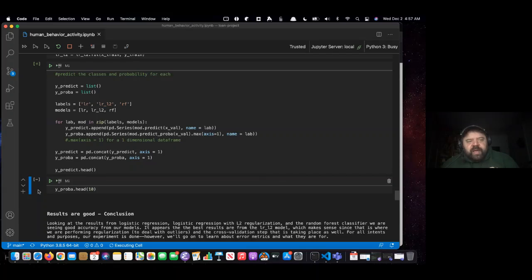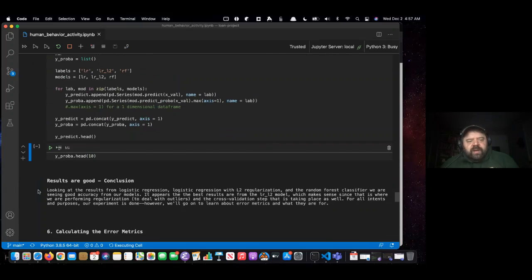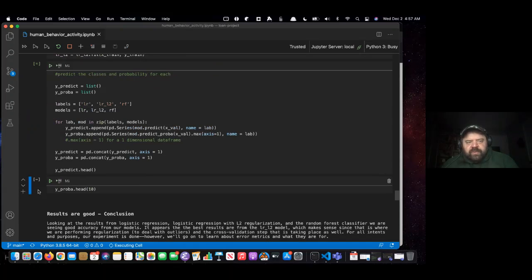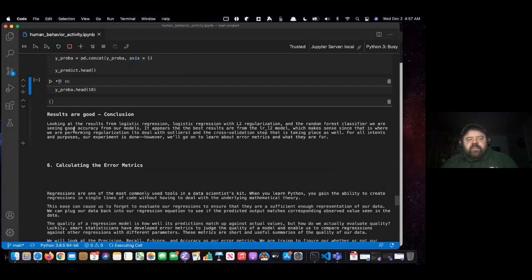It's running on a MacBook Air, so it's not a super powerful machine. So while that's going, I'll just go ahead and explain what's coming up next, and hopefully we'll get a chance to see that. So once the models have trained, and once we've done some cross-validation behind the scenes,